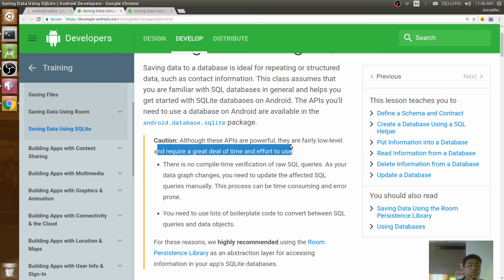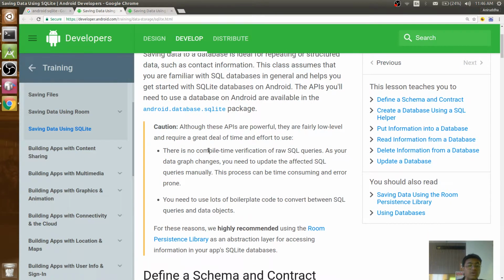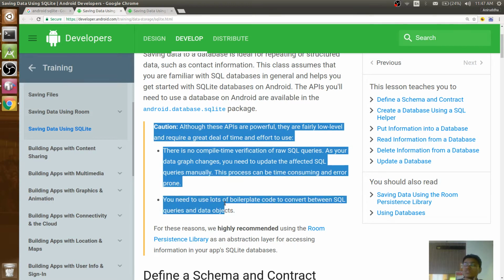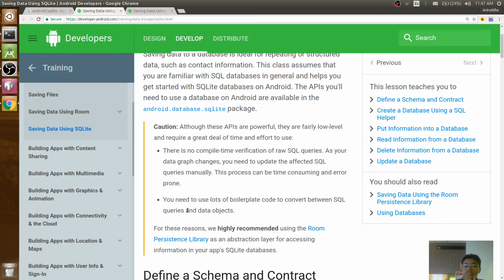There is no compile-time verification of the raw SQL queries. As your data graph changes, you need to update the affected SQL queries manually. This process can be time consuming and error prone. You also need to use a lot of boilerplate code to convert the SQL queries into data objects. See, here they have given the caution, and for these reasons we highly recommend using the Room persistence library,